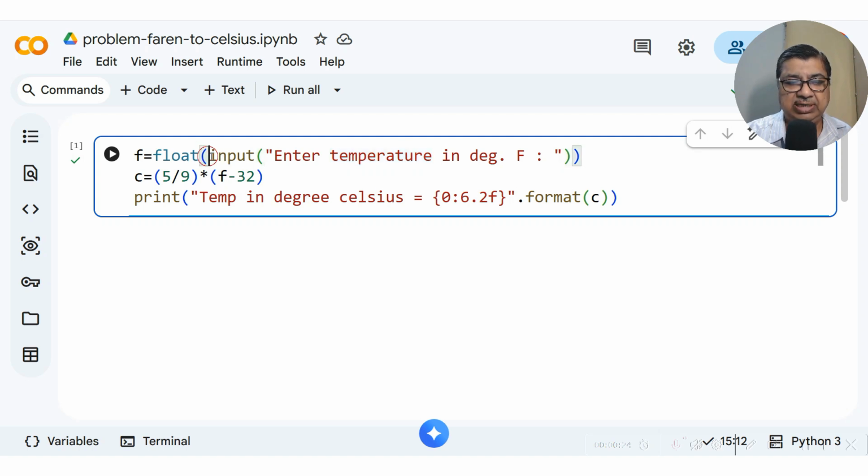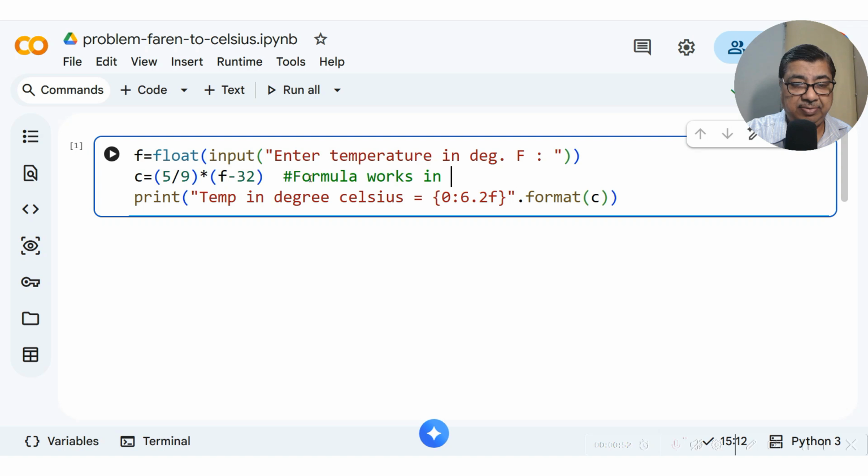Now you understand this input has been taken. So this will come as a text string which is converted to a float string. Okay, so we are getting into F name for this, F variable name, right? So this is the formula for conversion. If you have to reverse convert, then you have to use another formula. So formula